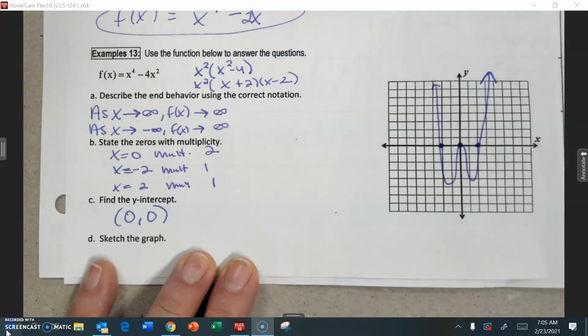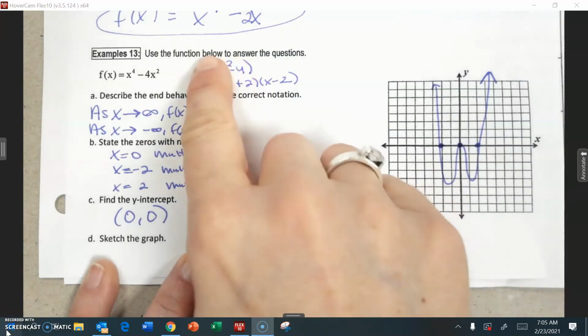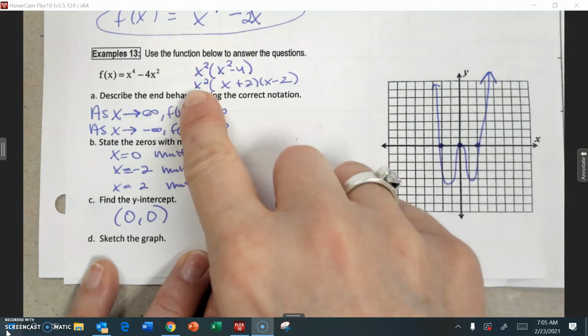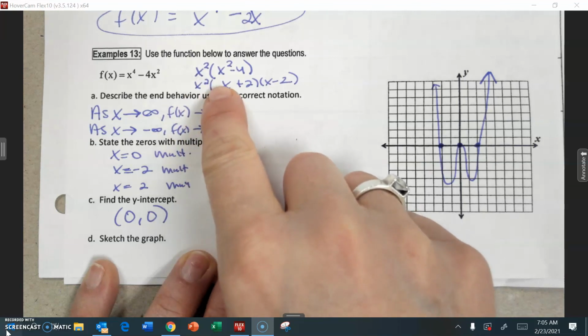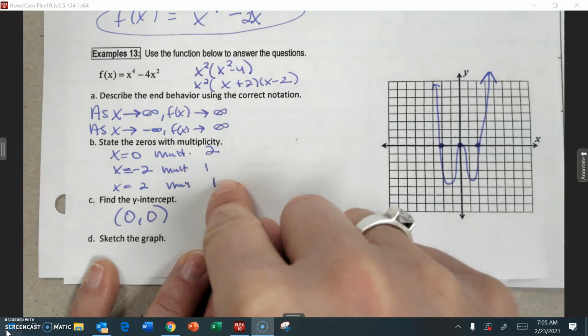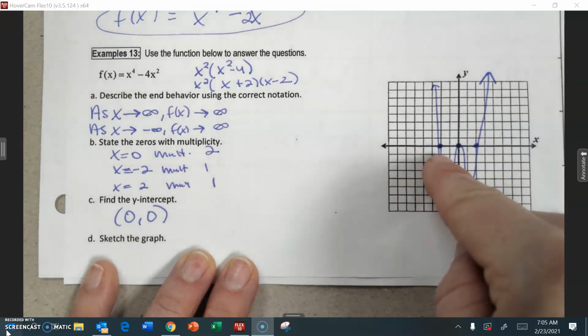All right, I'm hoping that you factored out the GCF and then factored so that you could see that your roots are 0, -2, and 2 with the correct multiplicity. The y-intercept I know you can handle, and then all